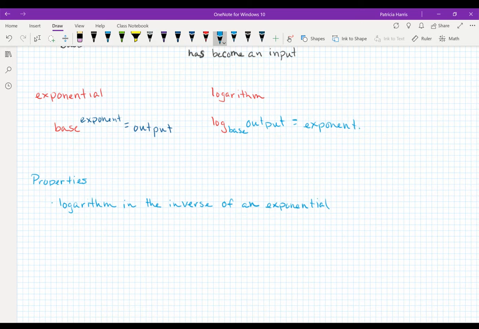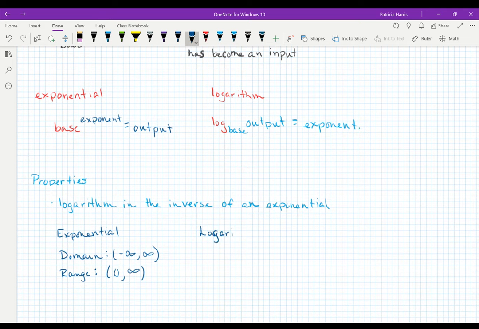Okay, so if we look at our exponentials, the domain is negative infinity to positive infinity, and our range is 0 to infinity. Now for a logarithm, and these guys are inverses,